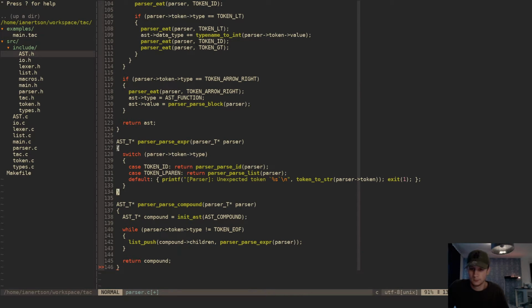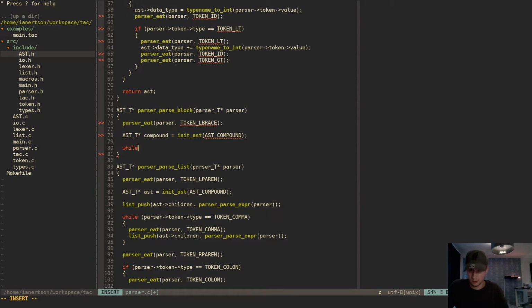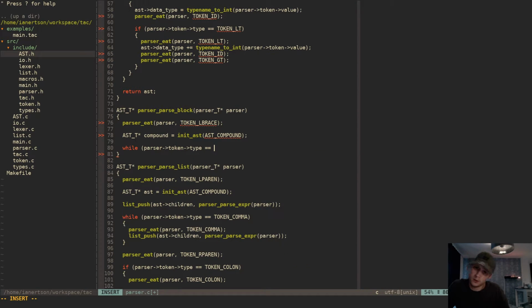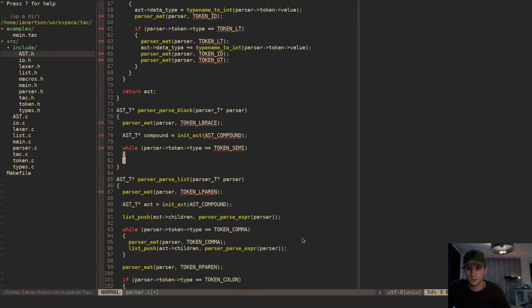Compound. While parser token type is equal to token semi. Or should we do that or not? No, actually, while parser token type not equals to token right brace,